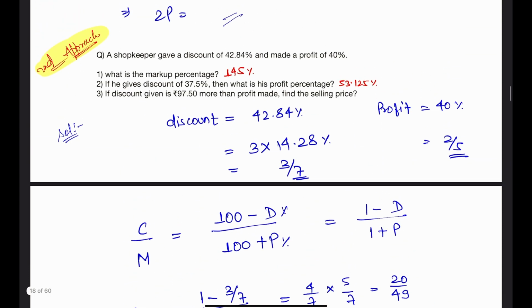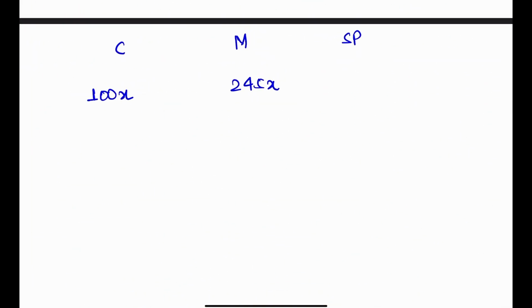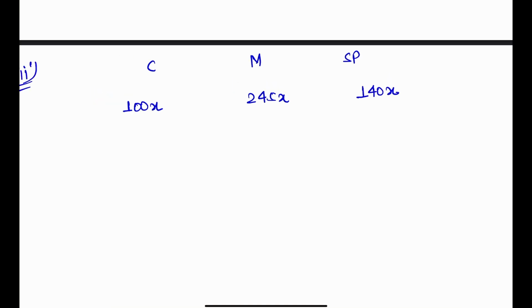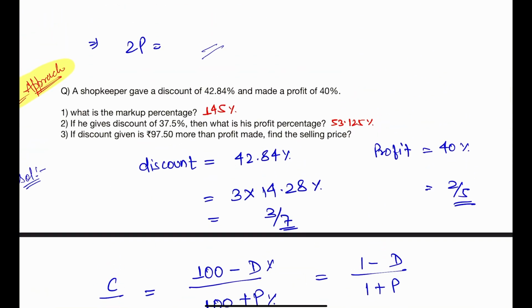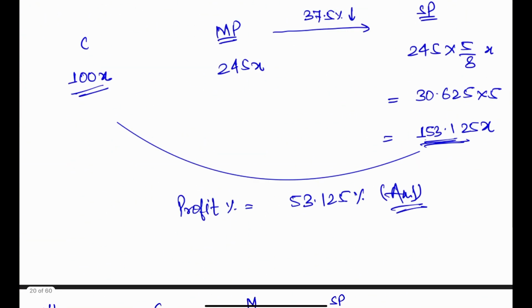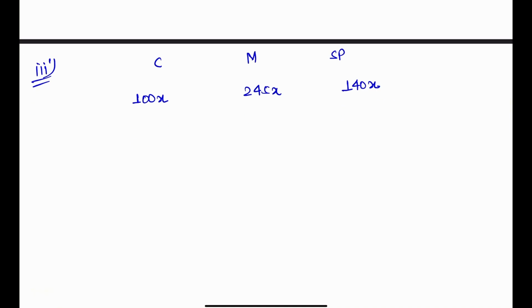Selling price was 40% made profit, na? So 40% made profit, so 100x, so it will be 140x. Okay, so this is what it looks like. Now the question: if the discount given is 97.5 more than the profit made, so the profit is,